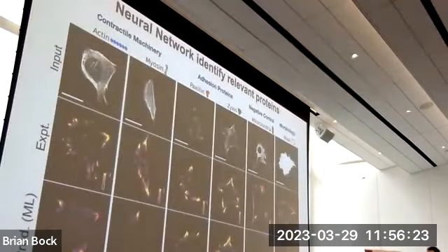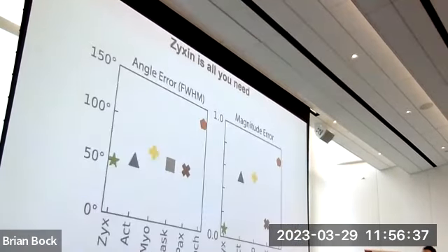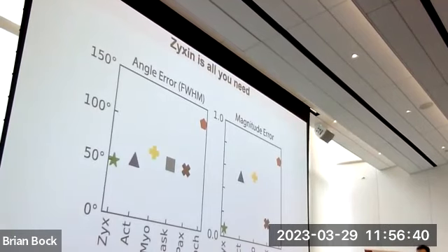Now, of course, you could repeat this exercise for all those proteins, and include also some negative controls, things like mitochondria that we know have nothing to do with forces, or just the mask of the cell, and measure the errors that you get in your neural network performance. And using the magnitude of the forces, which is more sensitive, you can see here that there are some proteins that do better than others. Zyxin in particular, but also this one called paxillin. The commonality between these proteins: these are focal adhesion site proteins. They are only found in those places, corroborating a hypothesis, at least at this early stage.